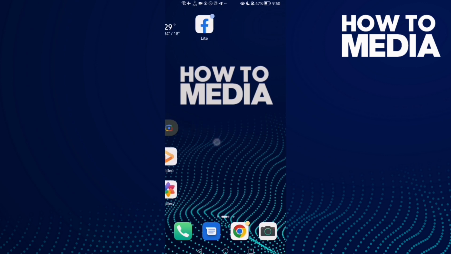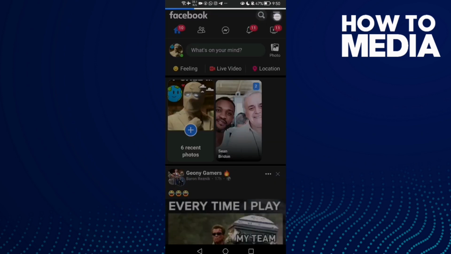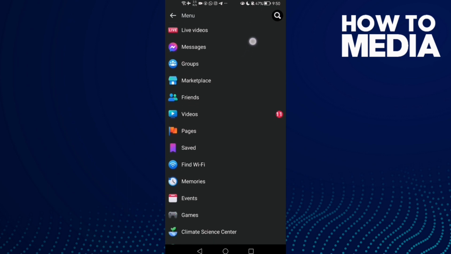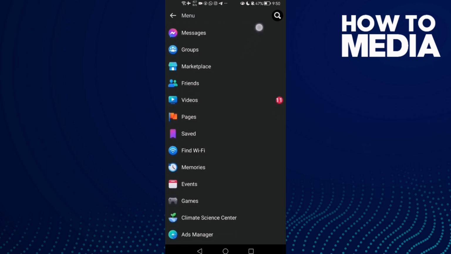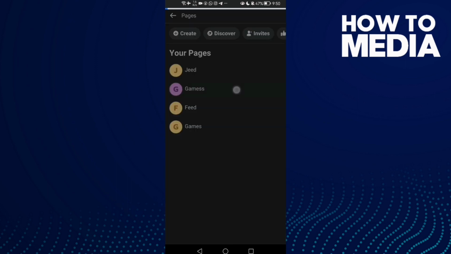First thing, go to Facebook Lite. Here you will find these three lines in the top corner. Click on it and then scroll down until you find this one, pages. Click on it and then click on your page,